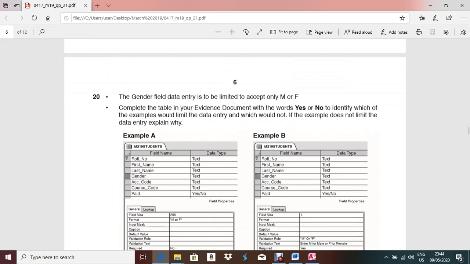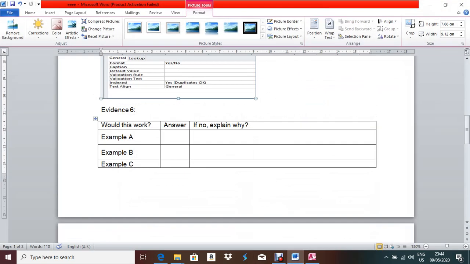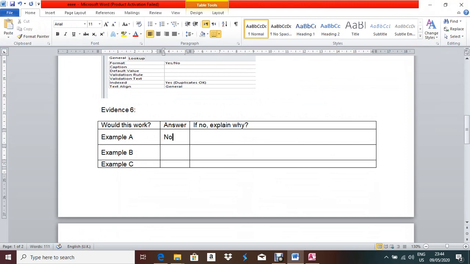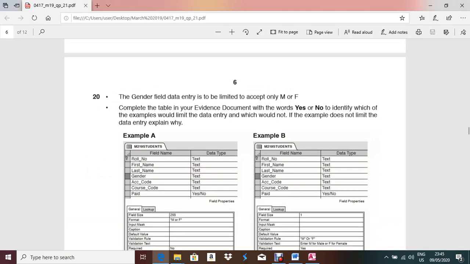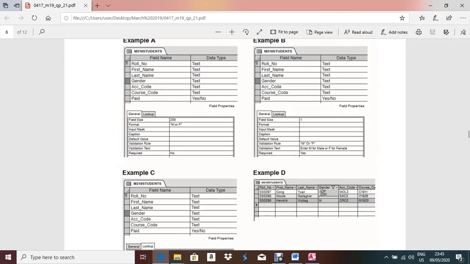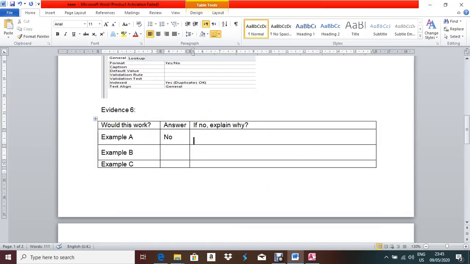So how will you explain? Complete the table in your evidence document with the word yes or no. Your example A is not correct, right? So you will write down example A, answer will be no. And why is this not correct? Here they did not define a validation rule. Where do they have to define it? In the validation rule. So what you have to write here, why it is no? Because